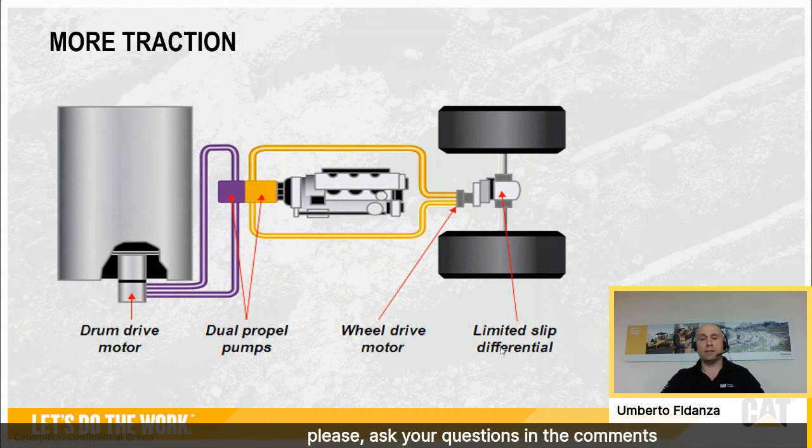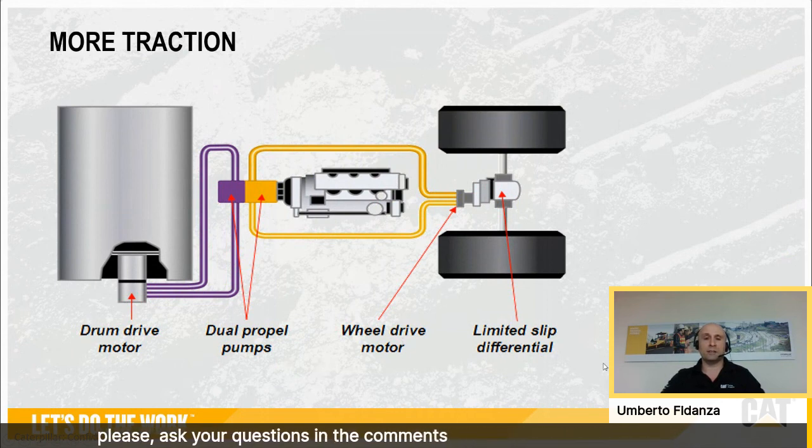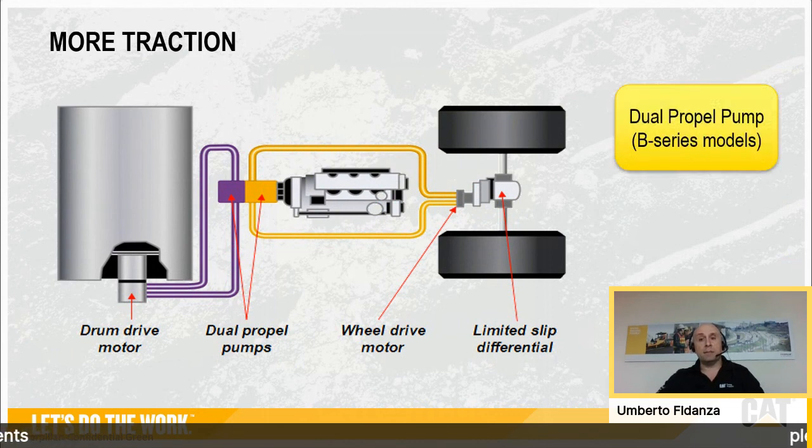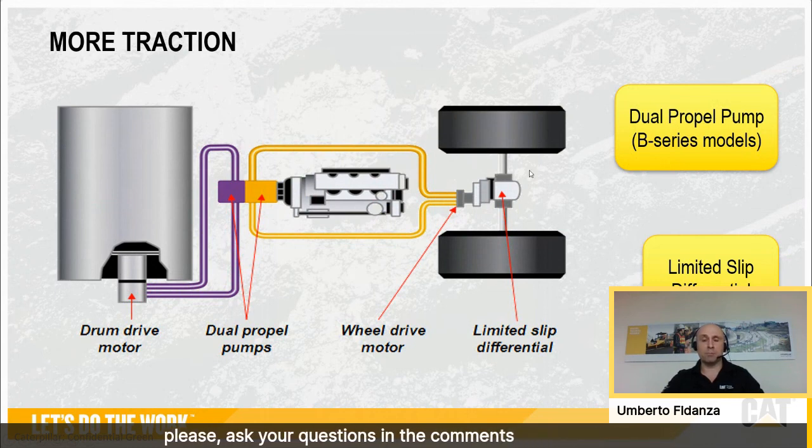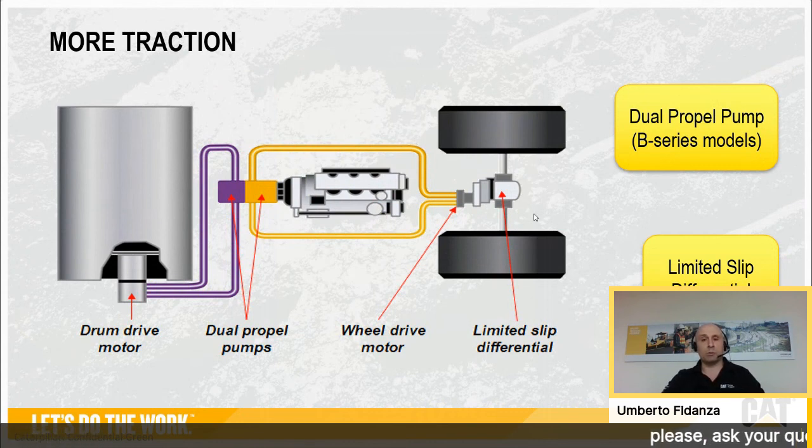So this ensures you always get the best traction, and we also have a limited slip differential, so that when one tire encounters some muddy or slippery conditions and starts slipping, the power is directed to the other tires